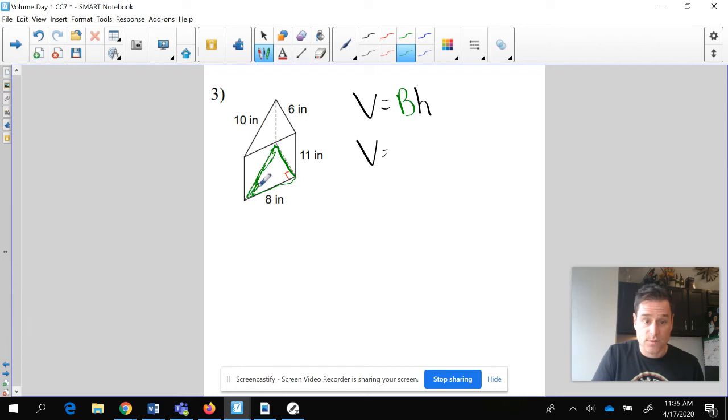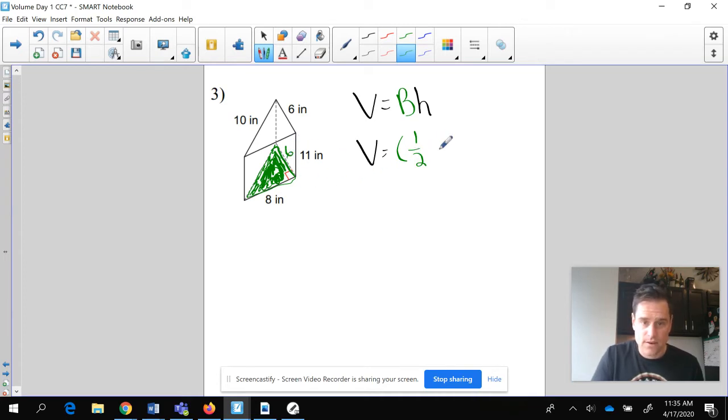This is not length times width times height. Don't take 8 times 11 times 6. Don't do that. The area of the base is a triangle. So guess what, guys? We're going to find the area of a triangle, which is 8 by, I'm going to put a 6 right there